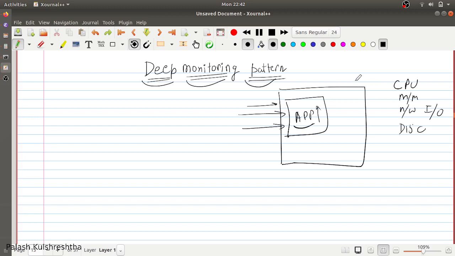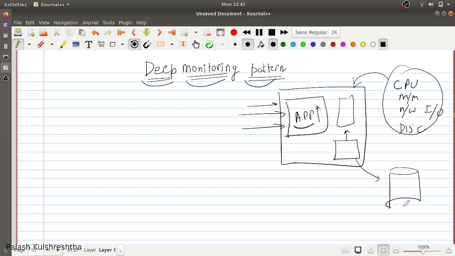Now these are instance level metrics. They help you ensure that your instance is running perfectly fine. So you will have some sidecar application which will collect your CPU, memory, network, and system level metrics, and it will send them to your monitoring database. So it can be Prometheus or it can be InfluxDB or anything. And this scraping software can be Telegraf or it can be Datadog. It can be anything, right?